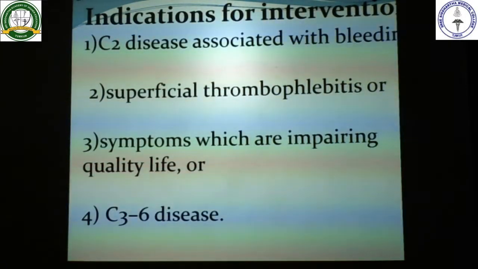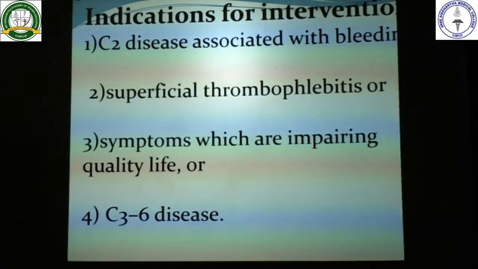C2 disease. What do you mean by C2 disease? I already told you in the CEAP classification, C2 means presence of varicose veins. Just the presence of C2 disease is not an indication for surgery. Even if vessels are dilated more than 3 mm in diameter, there is no need to advise surgery. But if there is associated bleeding, or superficial thrombophlebitis, or symptoms which are impairing quality of life, which is symptomatic,